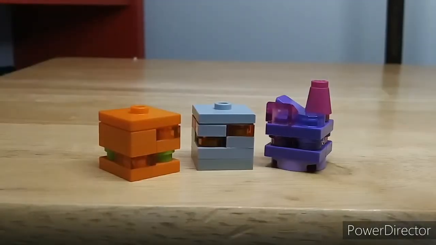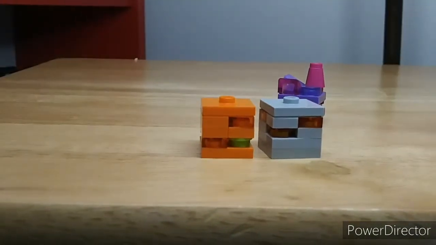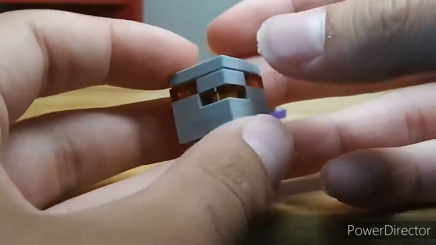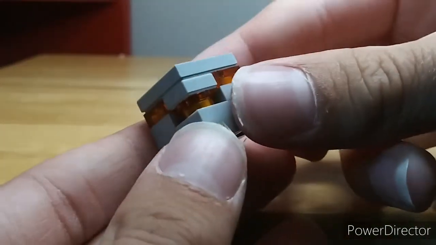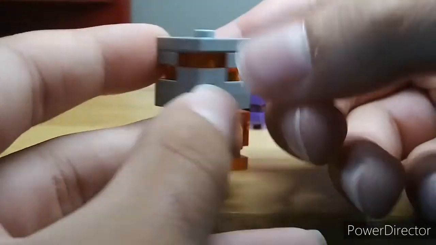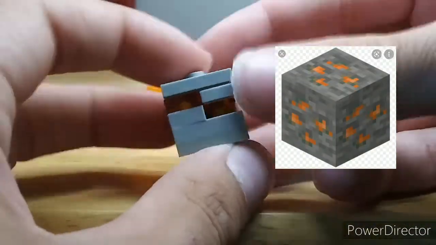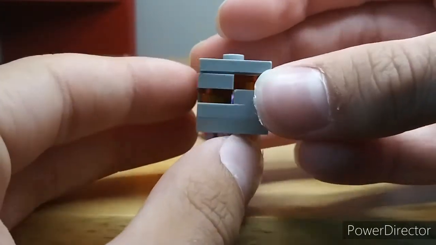So the first one I created is the copper. I created two different versions of the copper. I created the copper ore, and obviously in normal official Lego Minecraft, the ores all have the 1x1 round studs in here, but I decided to add some square plates, 1x1s in there to resemble the new textures for the ore. So I thought that was pretty neat. So there is the copper ore, and I also created